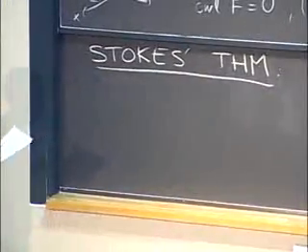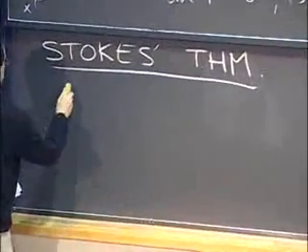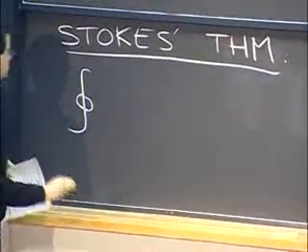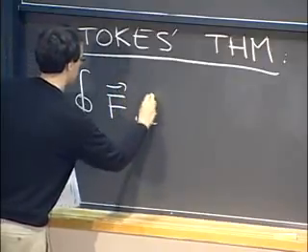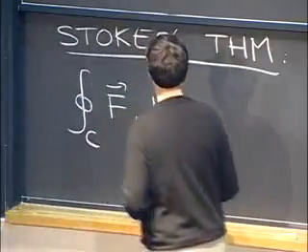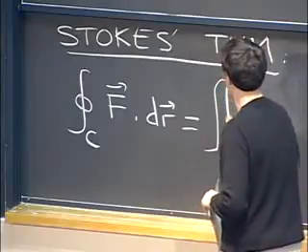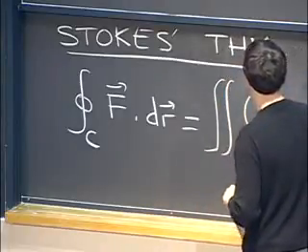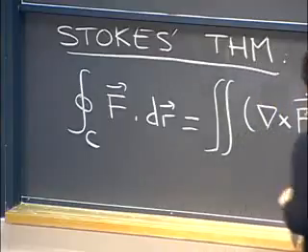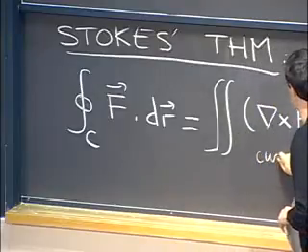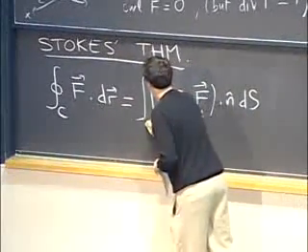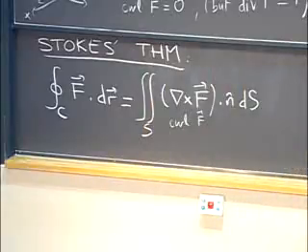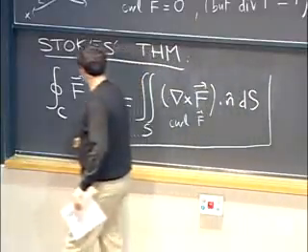Okay, so what does Stokes' theorem say? It says that the work done by a vector field along a closed curve can be replaced by a double integral of curl F. Let me write it using the del notation. In case you prefer, that's curl F dot n dS on a suitably chosen surface. So that's a very strange kind of statement, but actually it's not much more strange than things we've seen before.